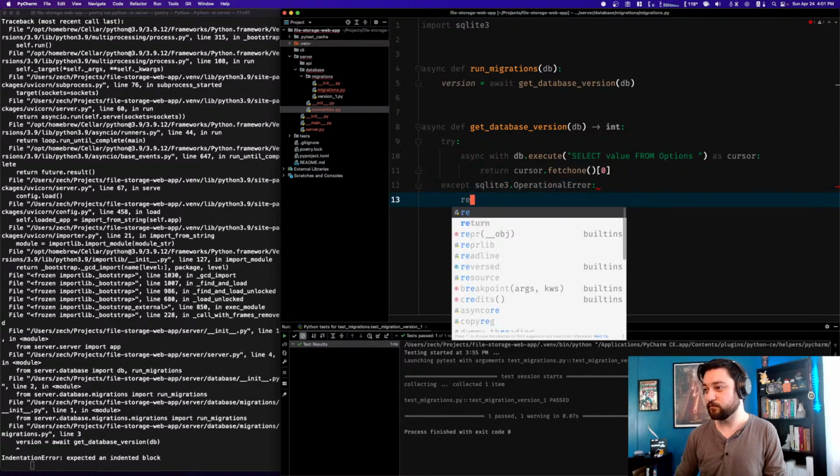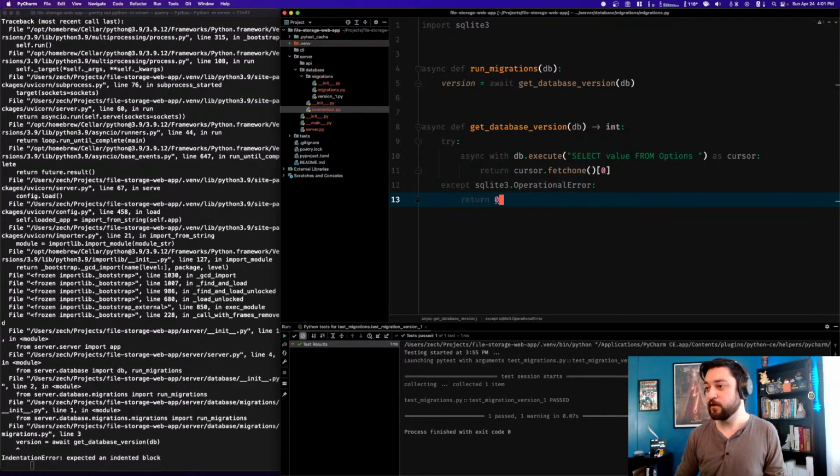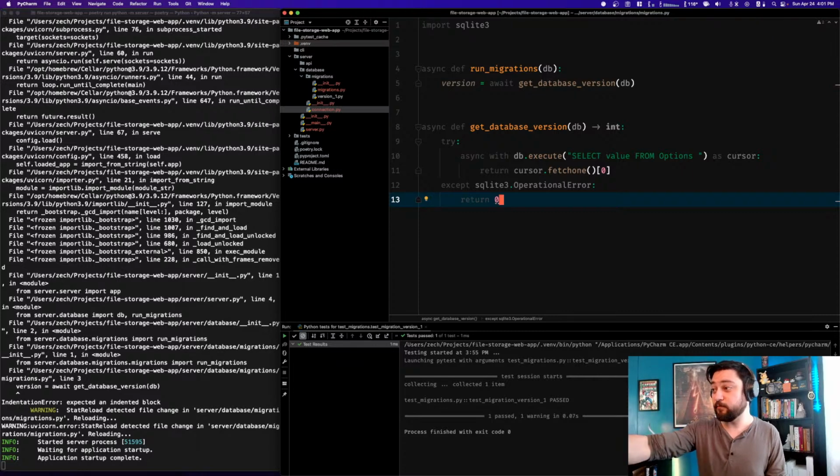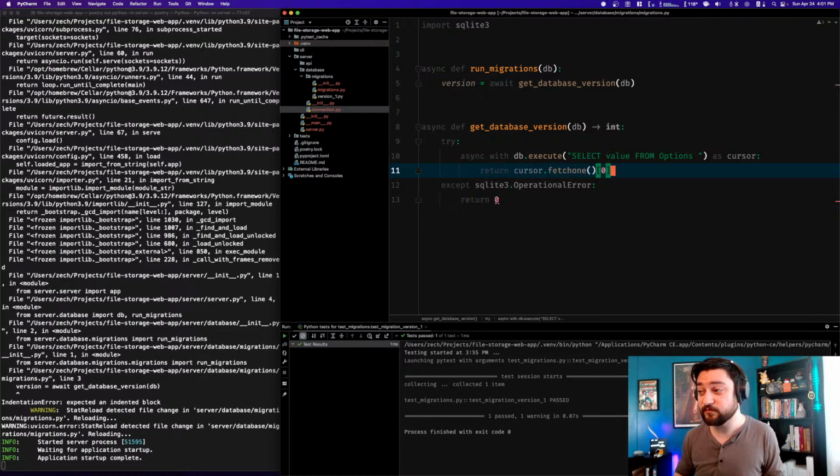And then we return 0. So if the table options doesn't exist, we're going to return a 0. The version is 0 because we haven't set a version. If the version is found, it'll return this. Now,